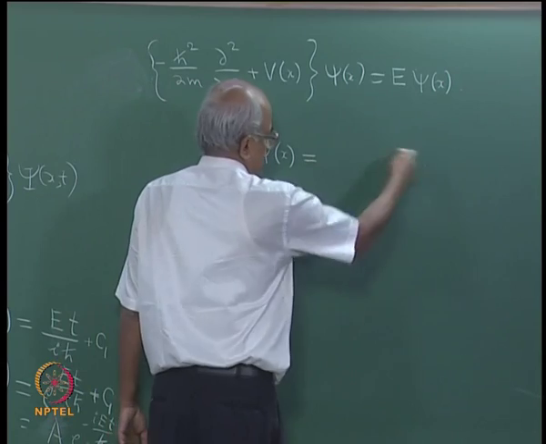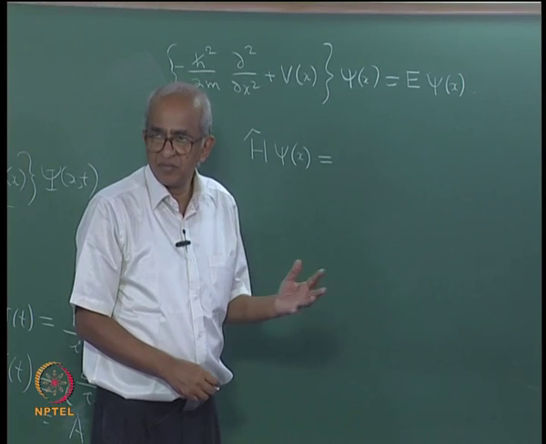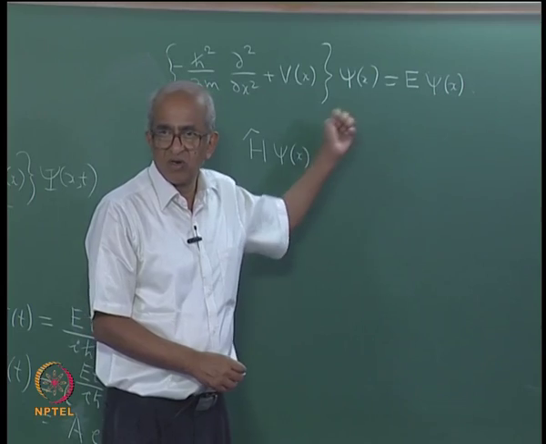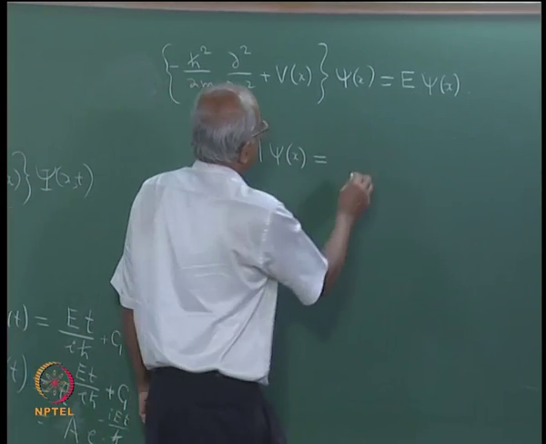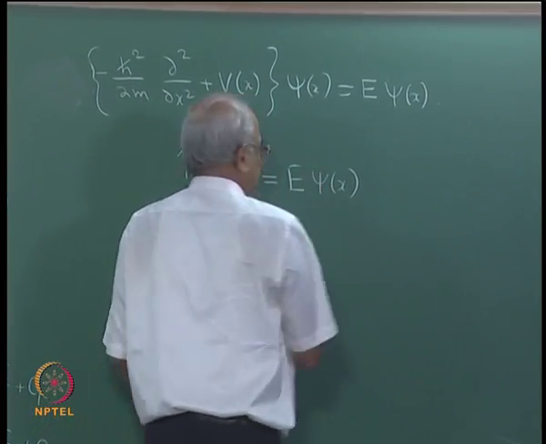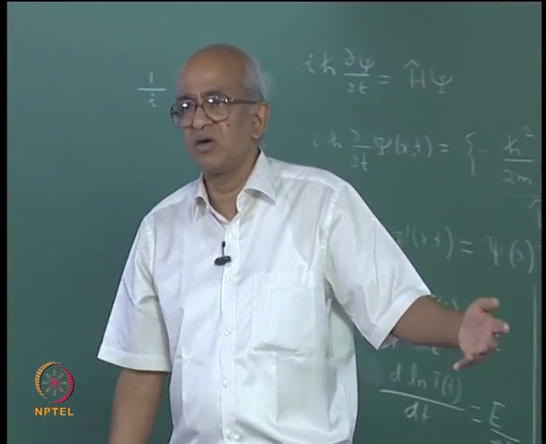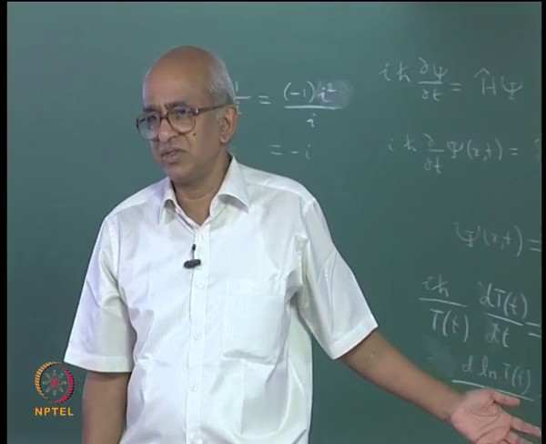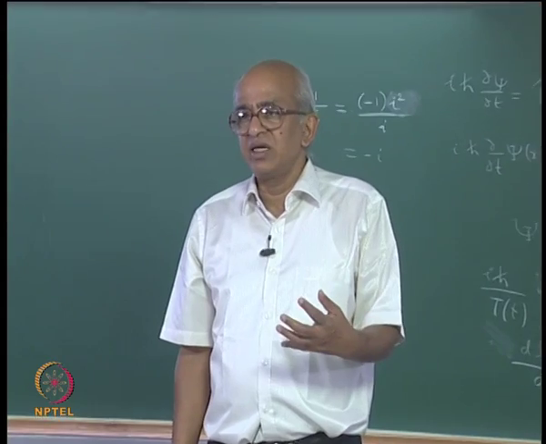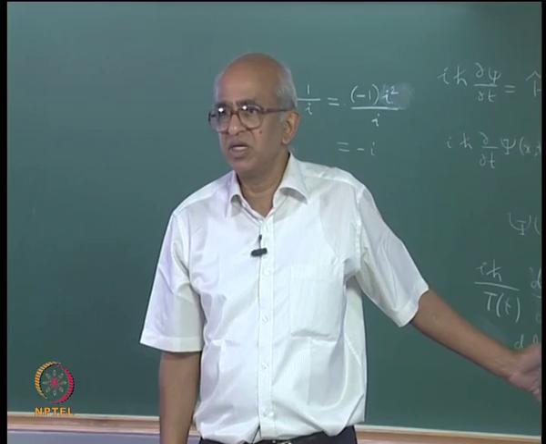What is it that you have on the right hand side? You are getting psi back, right. You are getting the same function, but multiplied by the constant E. So, that is what is happening. You are getting psi back, or I can say, the effect of H operating upon psi is equivalent to multiplying psi by the constant E. That is what this equation says. So, what is it? It means that psi has to be an eigenfunction of the Hamiltonian operator. That is the meaning of this equation,